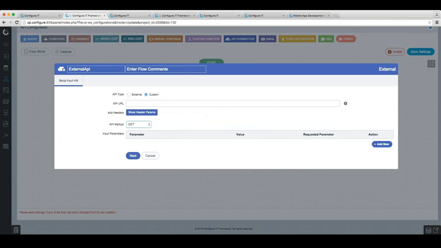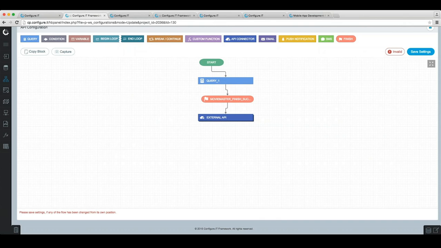Okay, we have a next question. Can I copy tables from other apps or projects to the current project? Yes, of course. You can copy a set of tables from any other project that you have worked with to the new project. Also, when you copy tables from other apps,